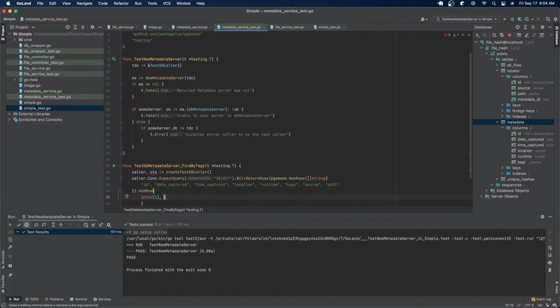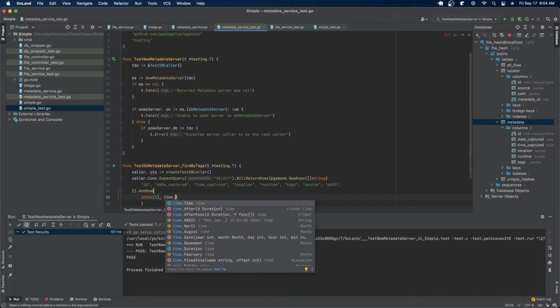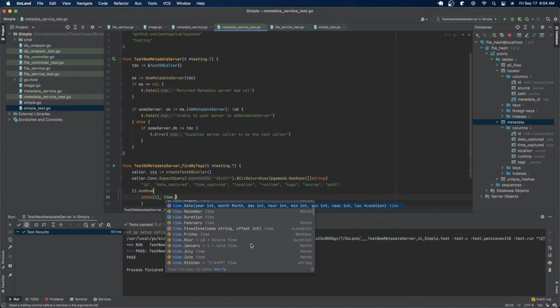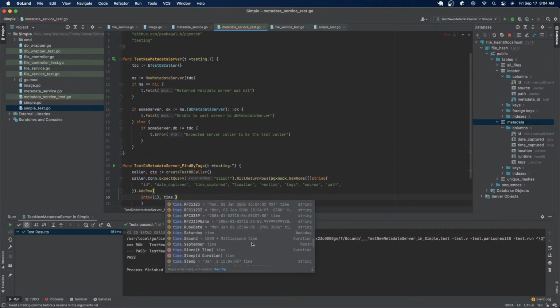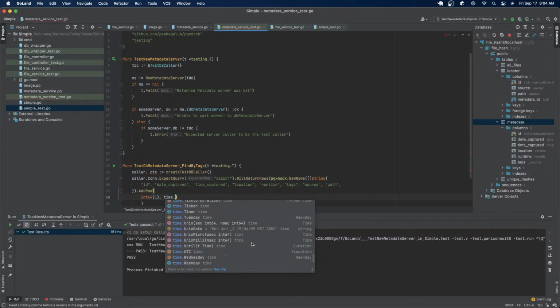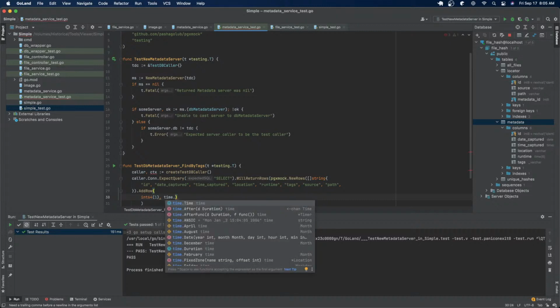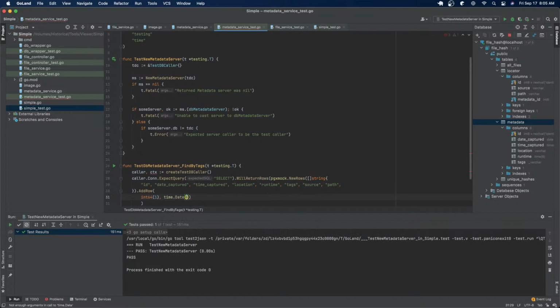And we're going to do time dot date, 2021, month 03, 20